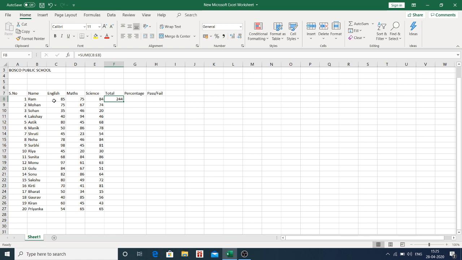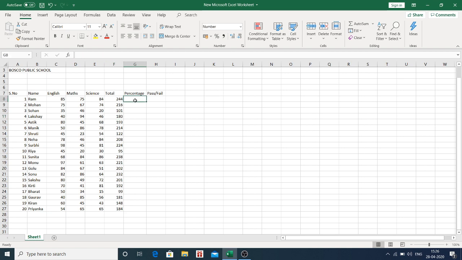So now, another way, if we want the total of Mohan's marks, we could apply the same formula similarly, and then we could select these and press tab. We'll get the marks. So instead of doing this for each student, what we can do is we could select this complete column, and then we could press Ctrl D. So by this way the same formula is dragged down till the bottom. So if we see this cell, here is the summation of C11 till E11. So by Ctrl D we drag down the formula to all the cells.